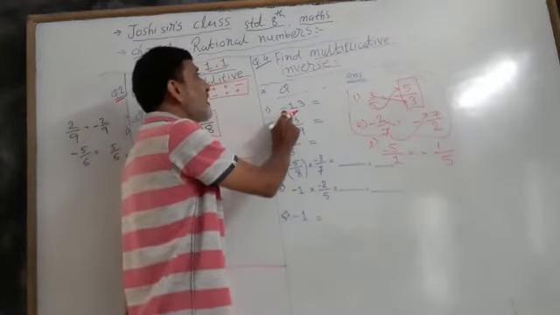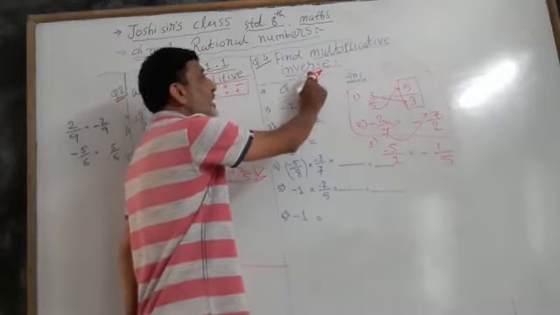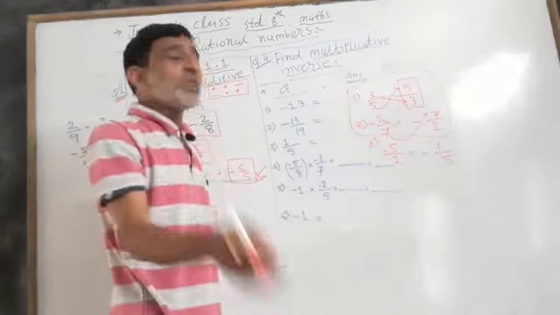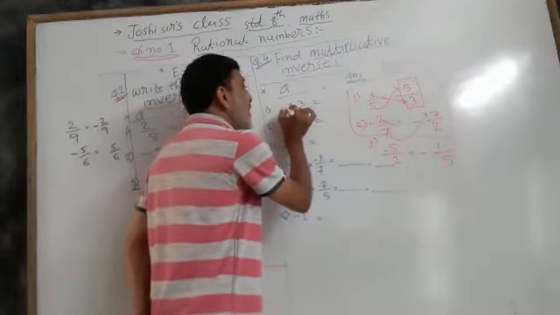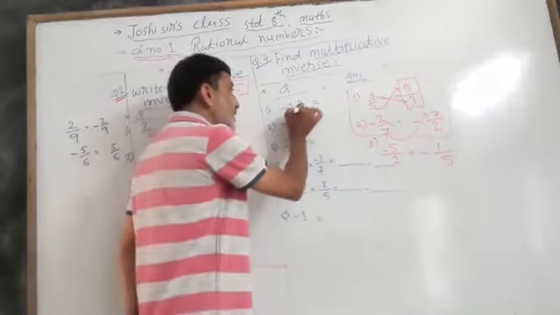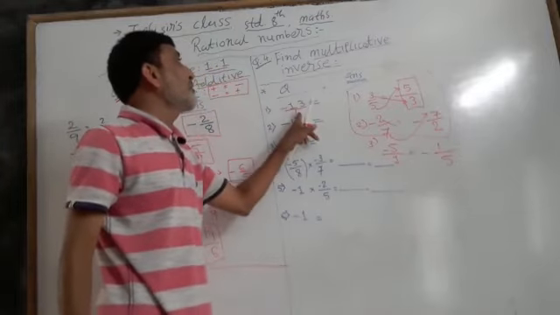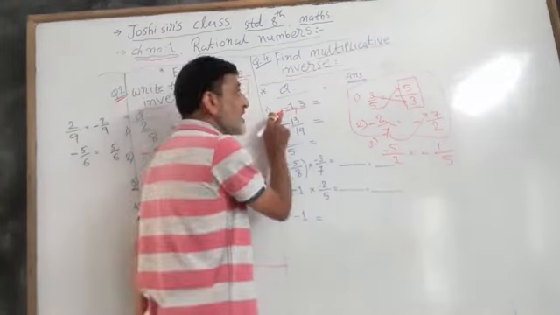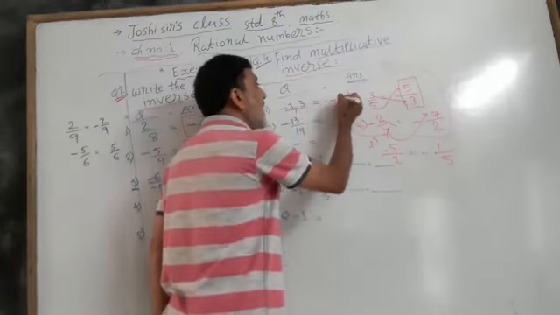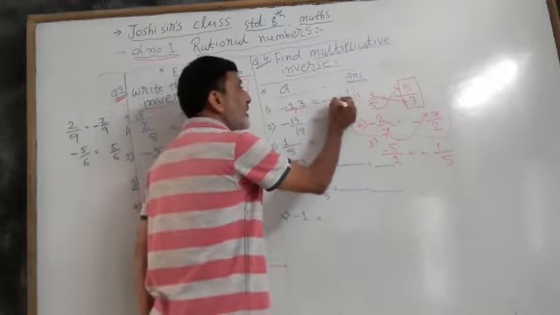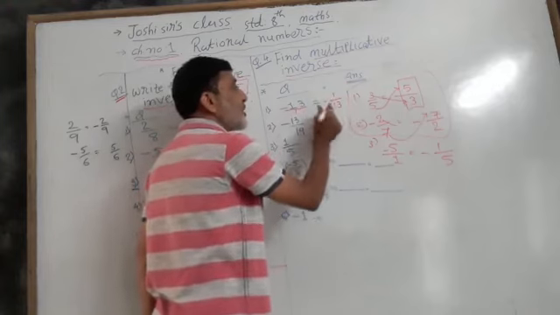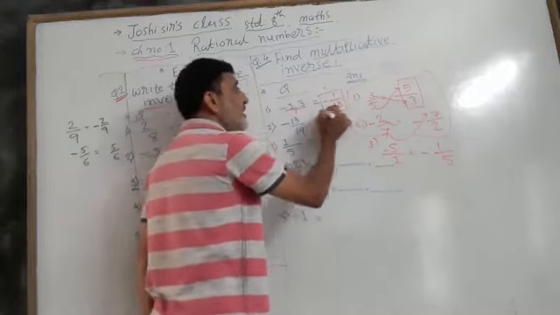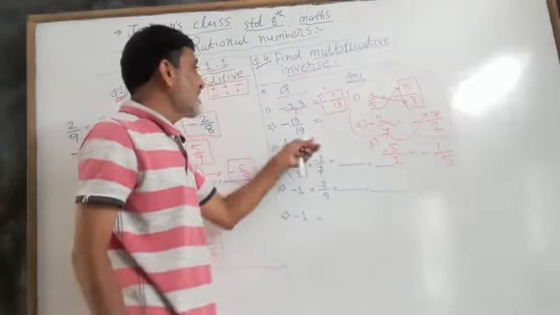First question, find multiplicative inverse for the following numbers. First one is minus 30. Now you see, downside is not any number, so you can put 1. Okay? Now you change this number, multiplicative inverse. So what will we write? First minus sign is given, you put minus, and 30 is here and 1 is there. So answer is minus 1 upon 30. Now you understand? See it again. Then we start next question.